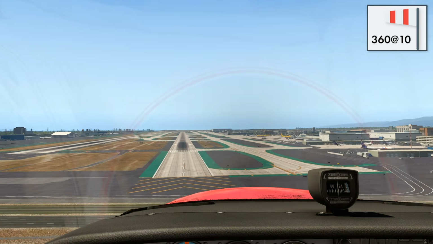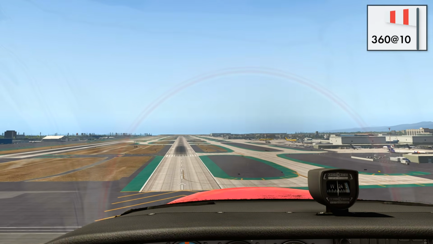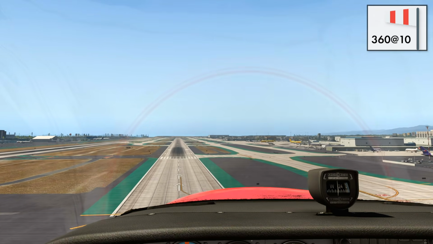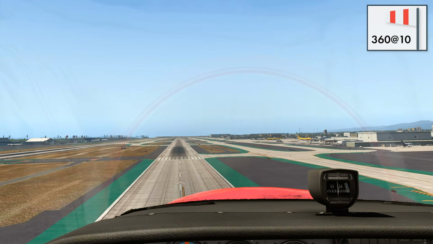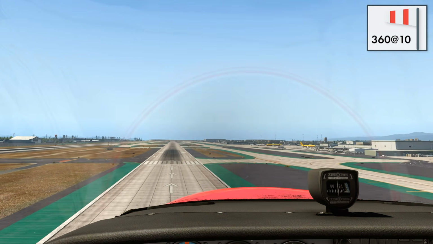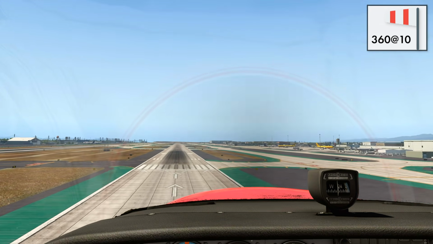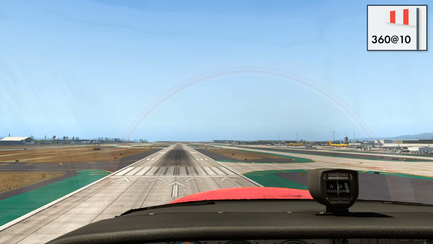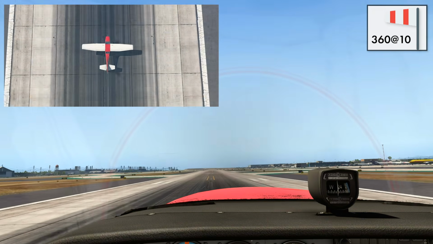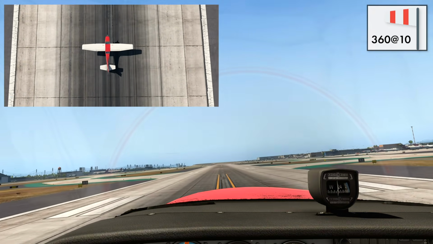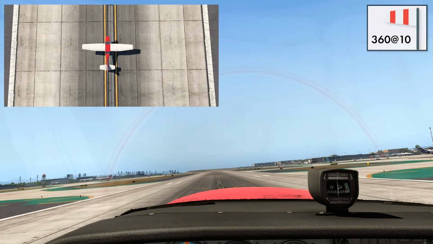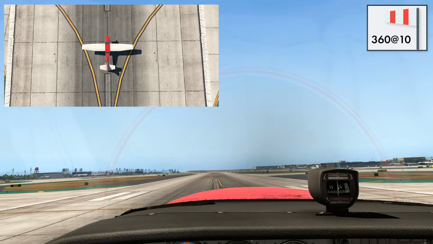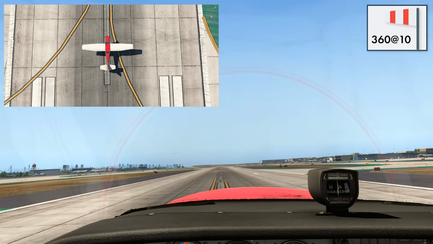Alright, we're set up again, and this time we're going to actually maneuver the airplane left and right laterally across the runway while keeping the longitudinal axis pointed parallel to the runway. So pointing straight down the runway, but maneuvering laterally left and right. So let's start out by transitioning out of this crab here. Rudder to point straight. A little bit of aileron to bank right, as much as is necessary to stay over